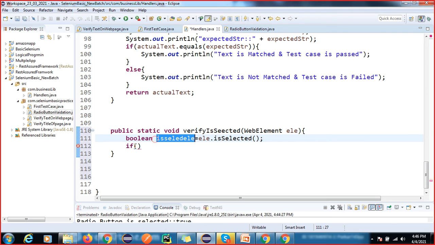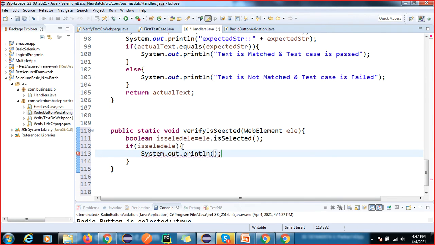I will make it a reusable method so I can use this for any test case. For the same validation, if it returns true, here we can write "element is selected", or you can write "radio button or checkbox is selected", or whatever message you want to display. Okay, element is selected,